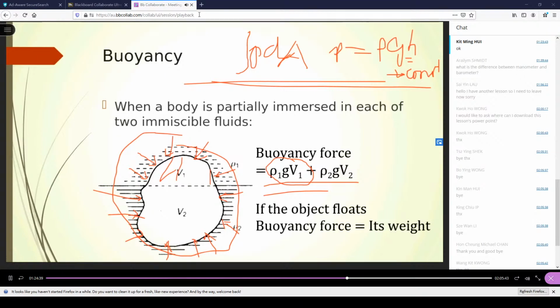You can do a very simple thing. If you have an object like a marble and a glass of water, and you put the marble in the water,